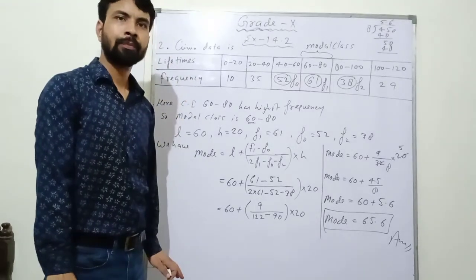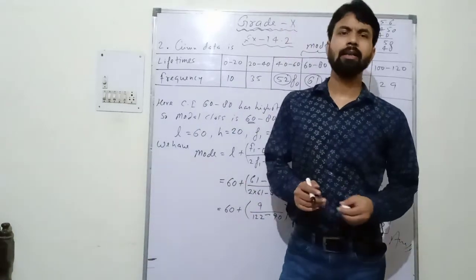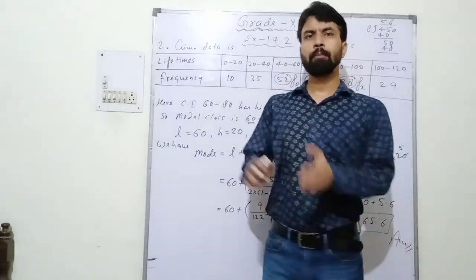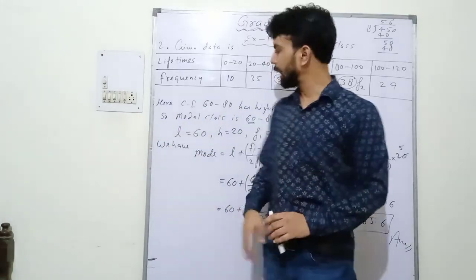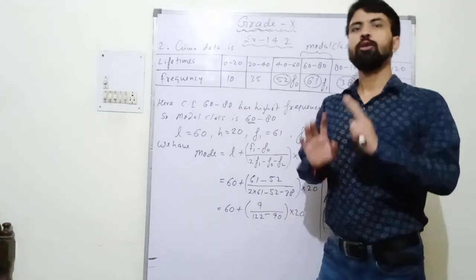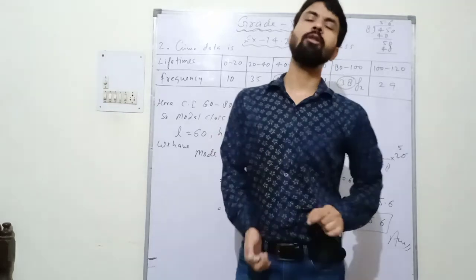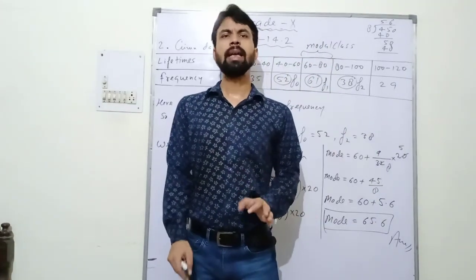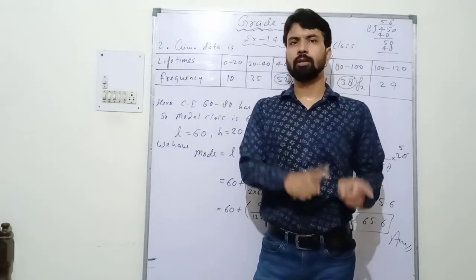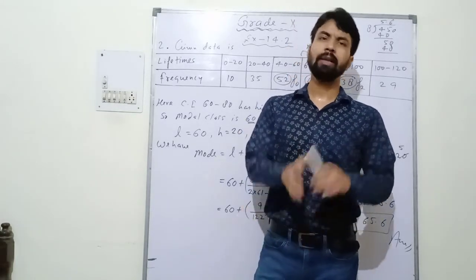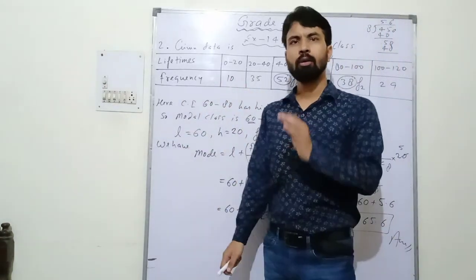Is it clear? Good. Students, now there are 6 sums in this exercise 14.2. So the procedure for solving the mode of the given sums will remain the same. Clear? So you have to try at home the remaining questions, and in some questions, the question is asking about mean and mode both. So wherever the question is asking about mean and mode, you have to find both. I have already explained how to find mean, and today I have explained how to find mode. So this whole exercise you have to try at home.